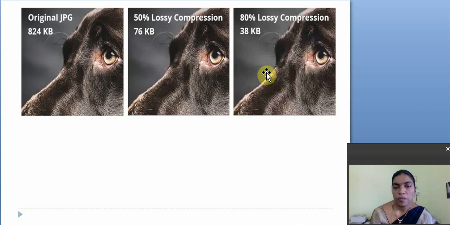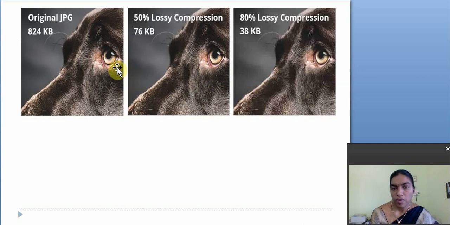That means here we can compress or reduce the memory size by using certain digital image processing algorithms without much compromising the image quality, right?